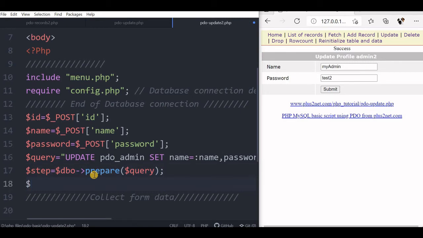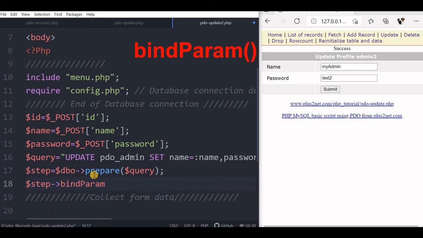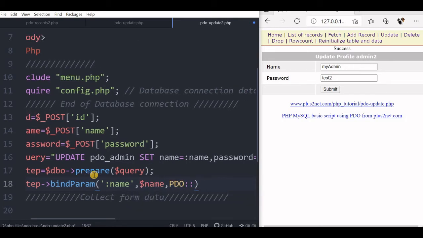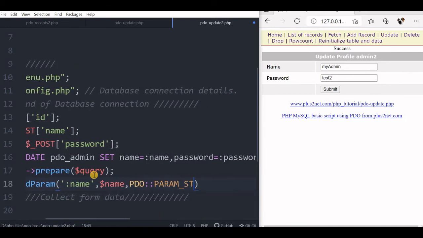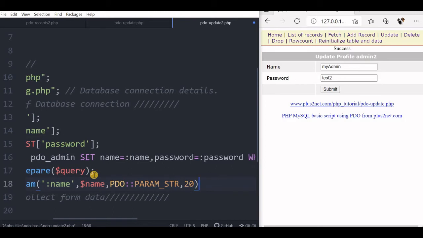Now we will say our parameters will bind step. Now we will say bind param. First let us go in the sequence, we will say name. So this is our placeholder, variable is name again. Now we will say PDO param, this is string str, length is let us say 20.